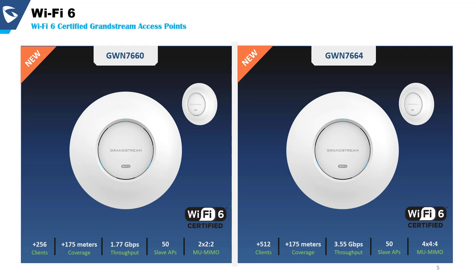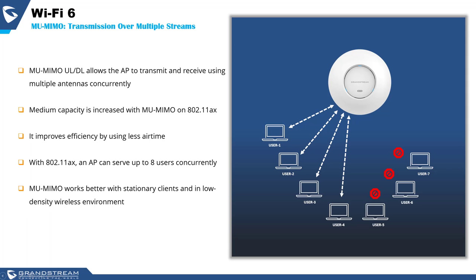So while the focus of 802.11ac and the previous standards was to increase data rates, the focus of Wi-Fi 6, as we're going to see in the upcoming slides, is to provide high efficiency. In other words, how to use the frequency bandwidth more efficiently. It added new technologies to use the wireless medium more efficiently, and in this slide I will focus on 3 major enhancements in Wi-Fi 6 that are going to improve the use of the wireless medium and eventually provide higher speed limits. So the first Wi-Fi 6 enhancement is multi-user MIMO for both upload and download,